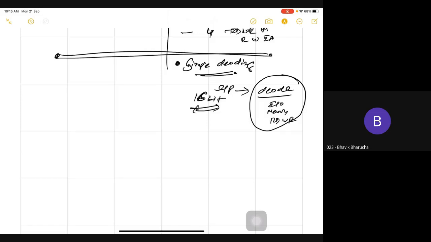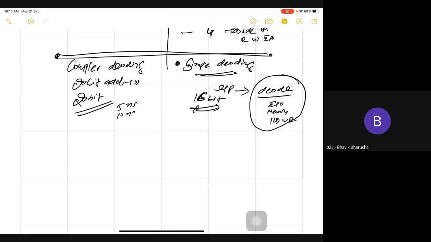Here it will be a complex decoding. Why? Because here I have a 20-bit address bus, so I need to decode 20 bits. As the number of bits increases, your circuit will become complex, and the time increases from 5 nanoseconds to 10 nanoseconds. Though it sounds very small, it still makes a difference. Get it?